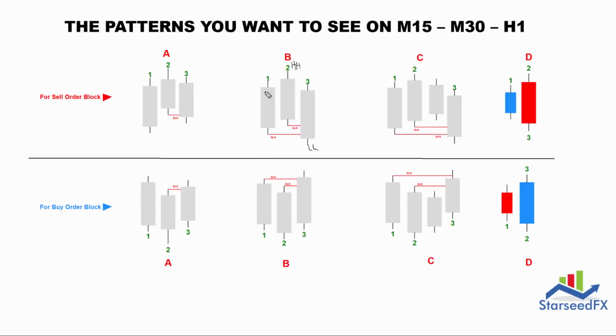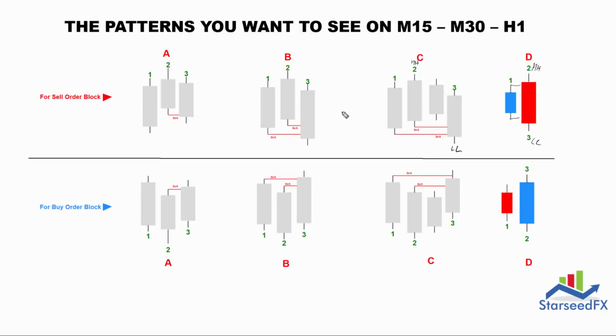Understand that candle number 3 breaking number 2 and number 1 does not always happen right away. Sometimes you will see a pattern like this. There is another candle in between number 2 and number 3, but the idea is the same. There is a higher high that creates a lower low. The 1, 2, 3 candles can also be engulfed like this. This is a higher high and this is a lower low.